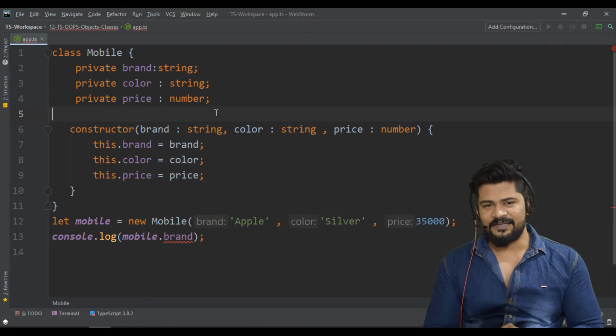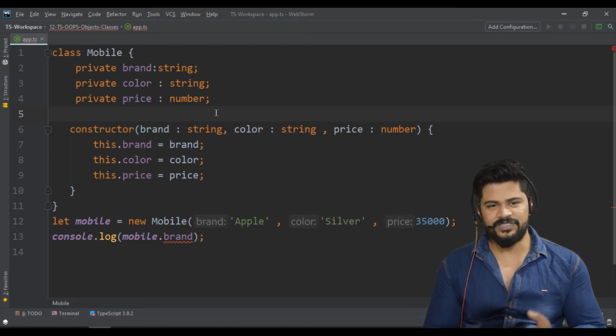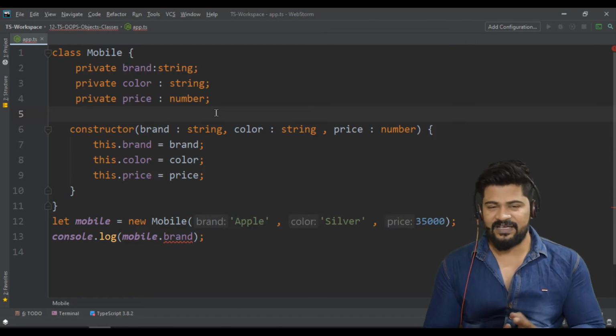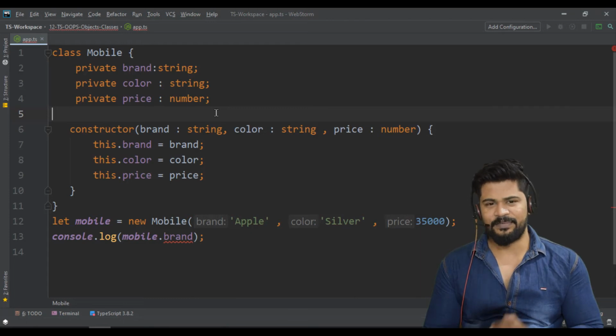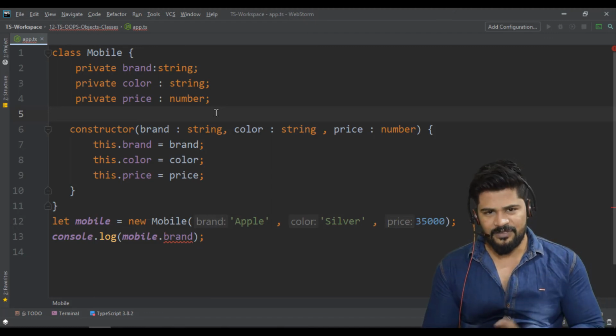You're going to access them using getters and setters. We have a provision in object oriented programming. You can't access them directly, but you can access them using some public methods. Generally we call them functions; here we call them methods. So public methods, we can access them. Let's see how to create the public methods called getters and setters. Getter methods access the properties and setter methods assign a different value to the property.